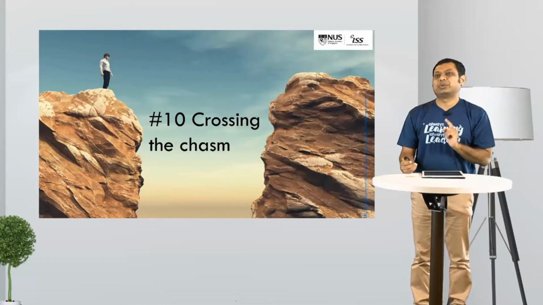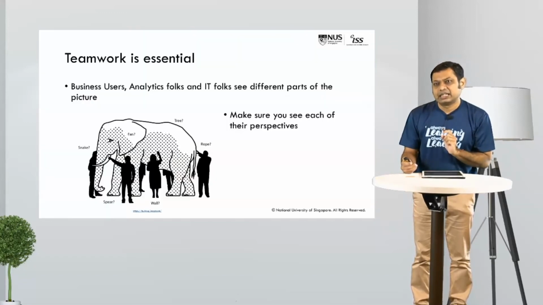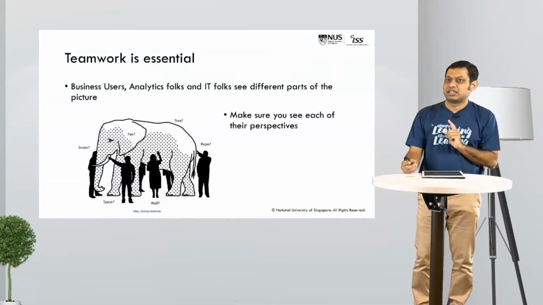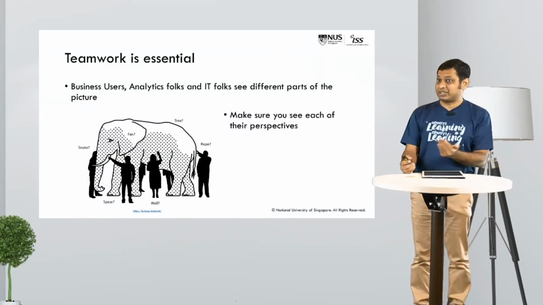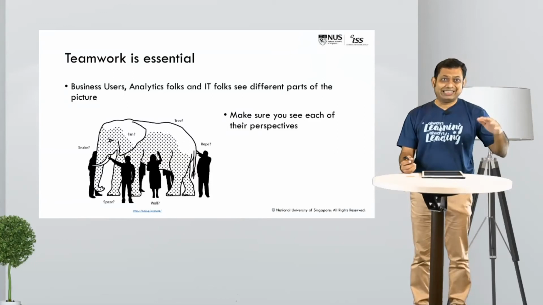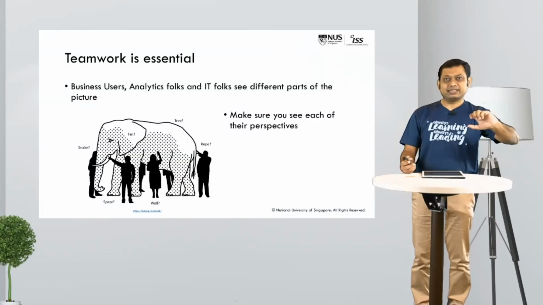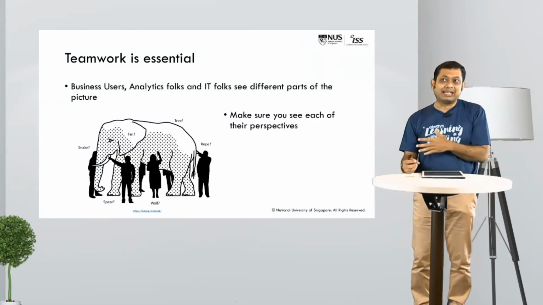This is a typical situation that I've seen. And yes, you might want to jump over it like a rabbit, but that's one way of doing it. But the point is that it's about teamwork. Have you heard of the story of the elephant? There were 6 blind people who were looking at the elephant, and each of them saw different parts of the elephant. Somebody looked at the trunk and said it's a snake. Somebody looked at the ear and said it's a fan. Somebody looked at the tusk and said it's a spear. So there were different perspectives. The elephant was looked at by each of the blind men differently.